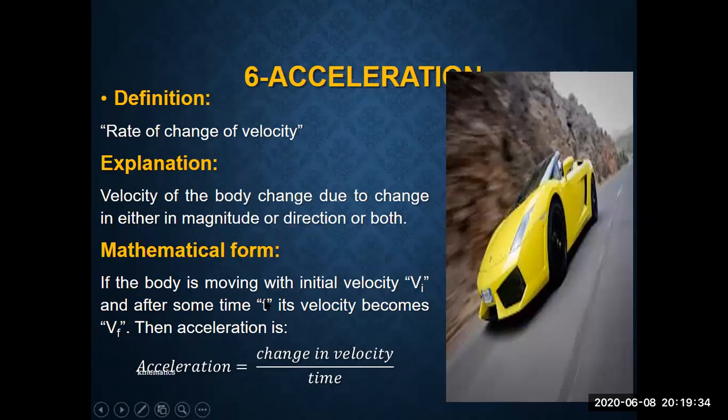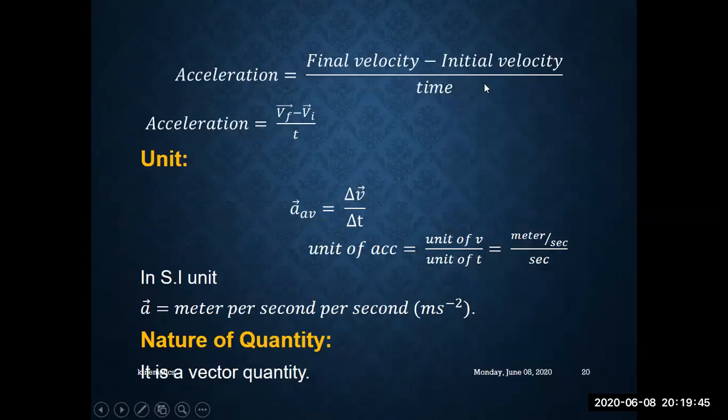So this is the change in velocity. During how much time interval? This will be the time taken to change the velocity. And if you calculate the change in velocity divided by time, you will be calculating acceleration. So this is the formula. Final velocity minus initial velocity; if you are starting from rest, initial velocity will be 0. And divided by the time taken to change the velocity, you will be calculating acceleration. In the formula, that is Vf final velocity, Vi initial velocity, divided by time.